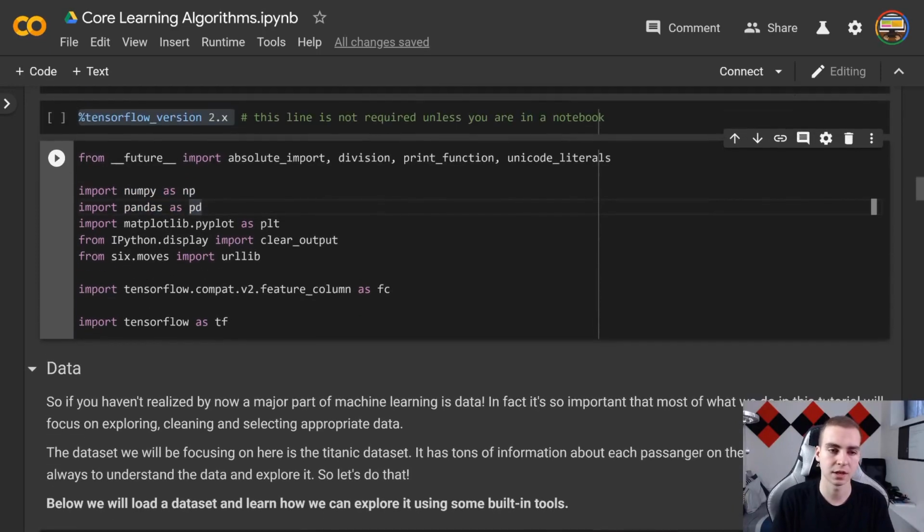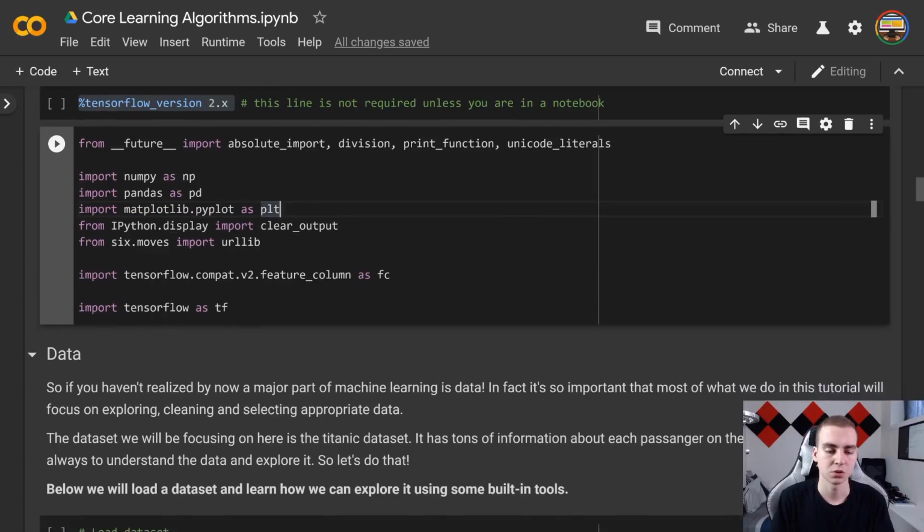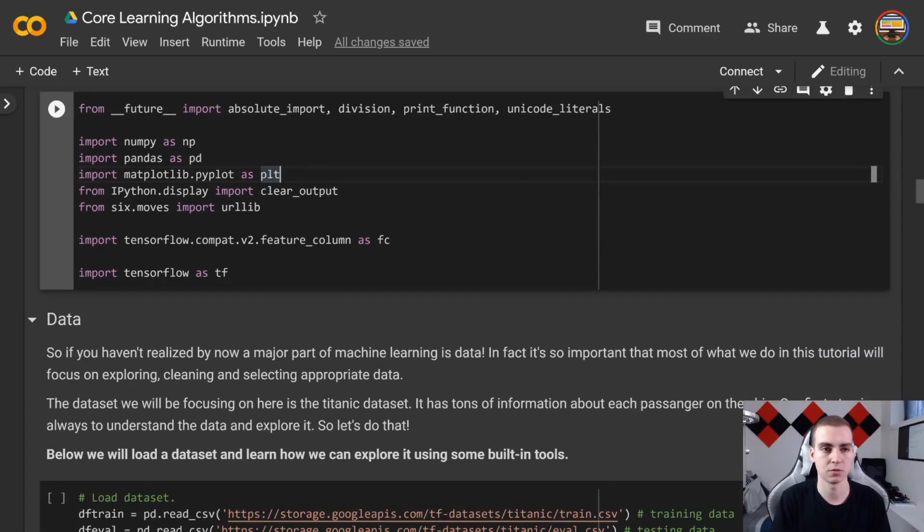Pandas is kind of a data analytics tool, I almost want to say. I don't know the formal definition of what Pandas is, but it allows us to very easily manipulate data. So, load in data sets, view data sets, cut off specific columns or cut out rows from our data sets, visualize the data sets. That's what Pandas does for us. Matplotlib is a visualization tool for graphs and charts. We'll use that a little bit lower when I actually graph some different aspects of our data set.